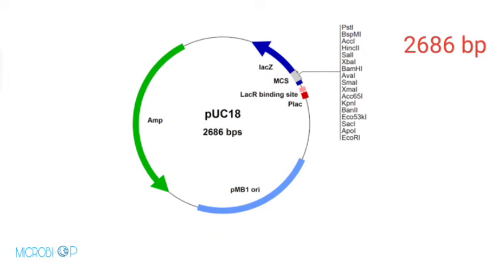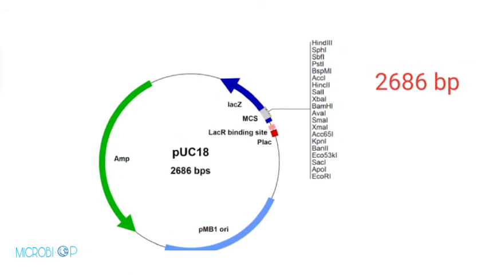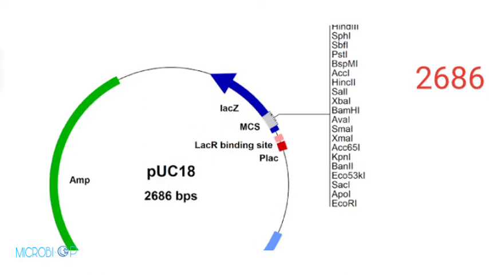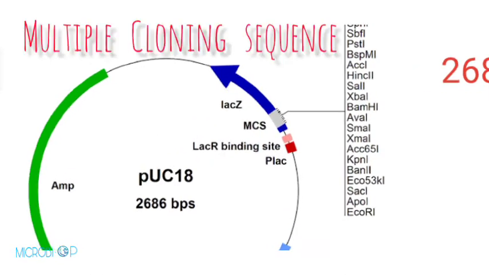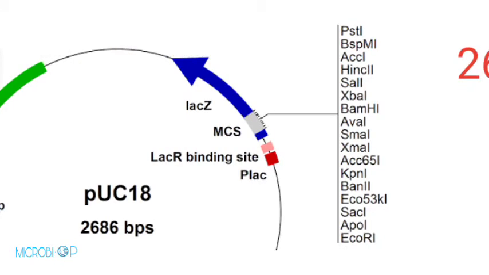What are the modifications? The modifications include the ampicillin resistance gene, which is slightly modified, and also the lacZ gene is present instead of the tetracycline resistance gene. The tetracycline resistance gene has been removed and the lacZ gene has been put there. Now in the lacZ gene, the MCS sequence, or polylinker, is there, which is also a big modification.